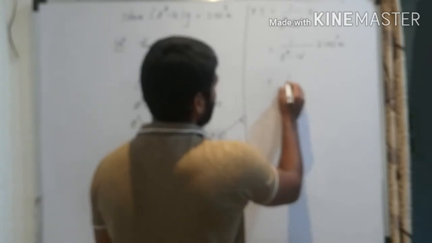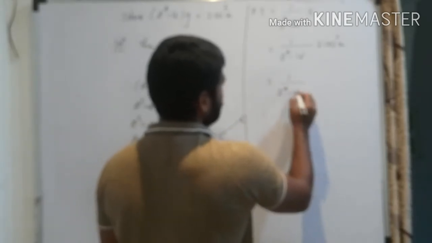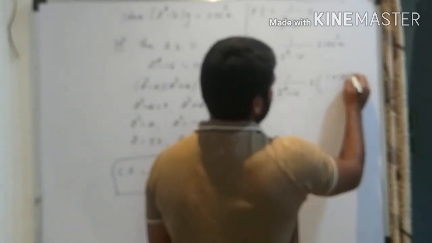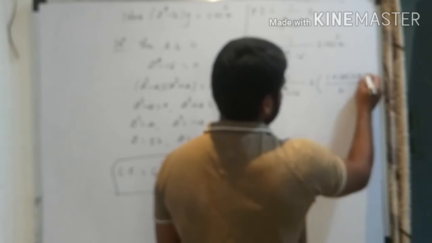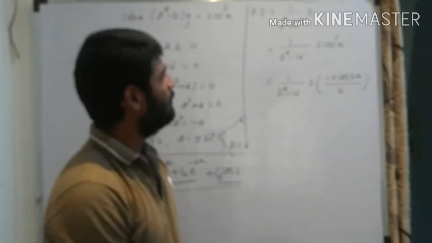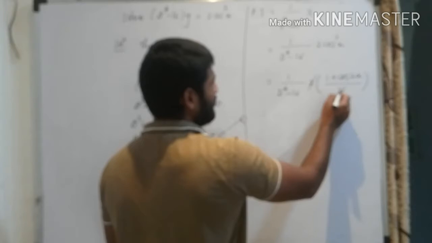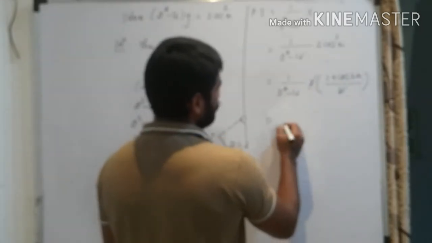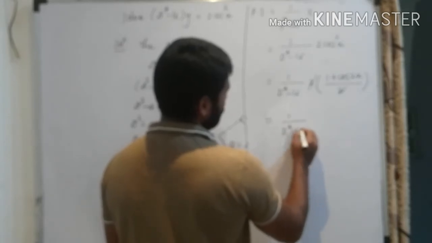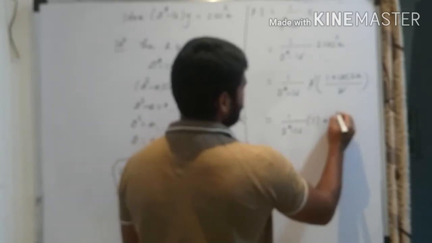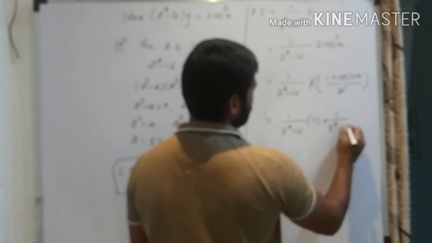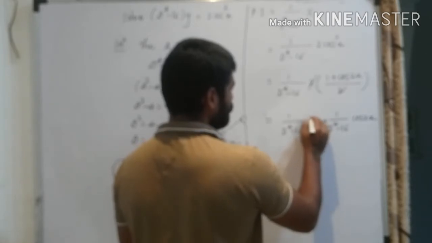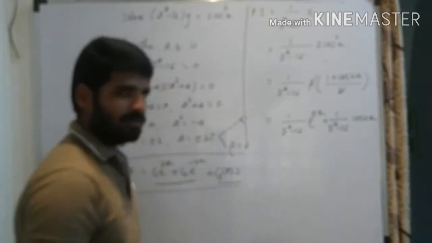So we know the trigonometry formula. So 1 upon d raised to 4 as it is minus 16, 2 as it is. Formula for cos square x is 1 plus cos 2x divided by 2. So this is the formula for cos square x. Now this 2 and 2 will get cancelled. Now separate 1 upon d raised to 4 minus 16 on this bracket separately. So we get 1 upon d raised to 4 minus 16 into 1 plus 1 upon d raised to 4 minus 16 into cos 2x. But this 1 can be written as e raised to 0x. 1 is nothing but e raised to 0.